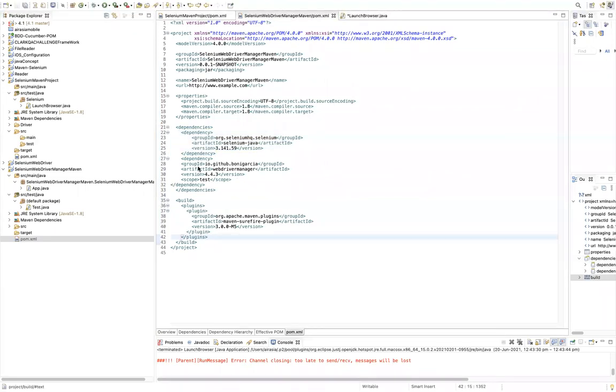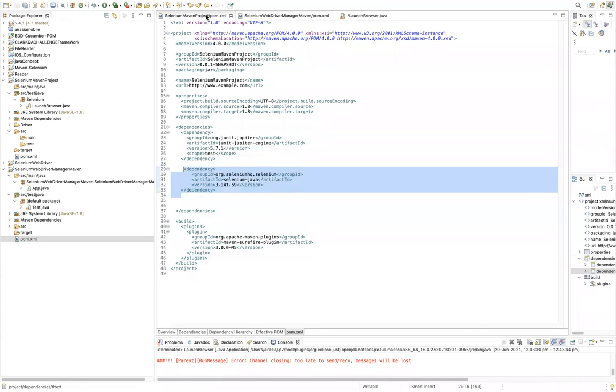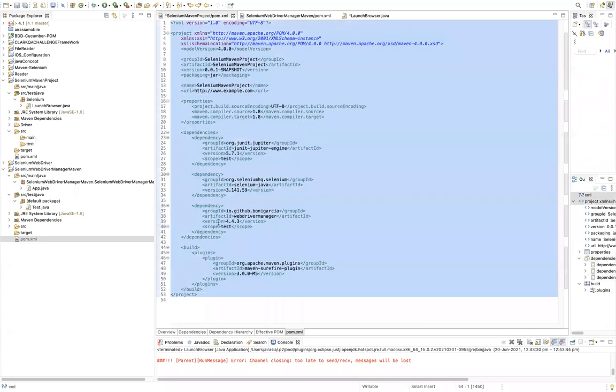Okay, so you have to download and install this web driver manager. For that, you have to copy this dependency and put it into your pom. Let's say I put it, and from where you can get this dependency, I will tell you.